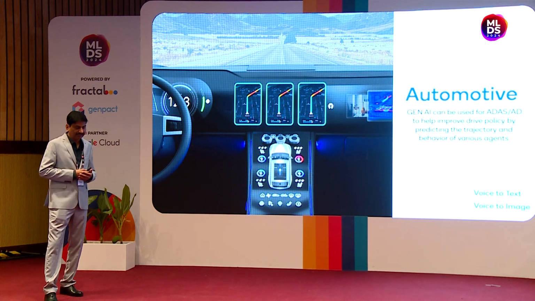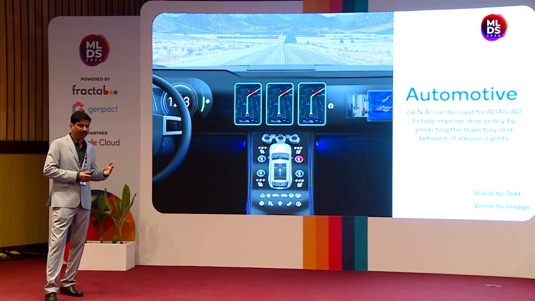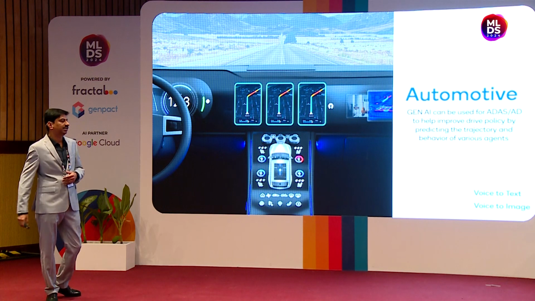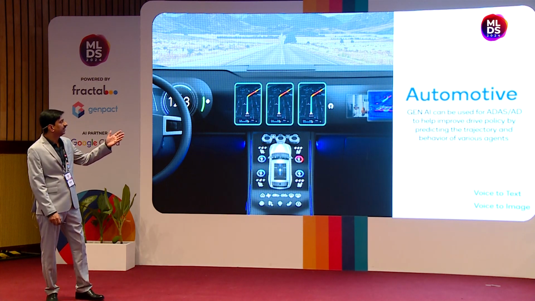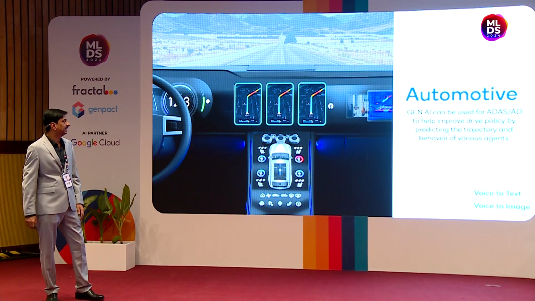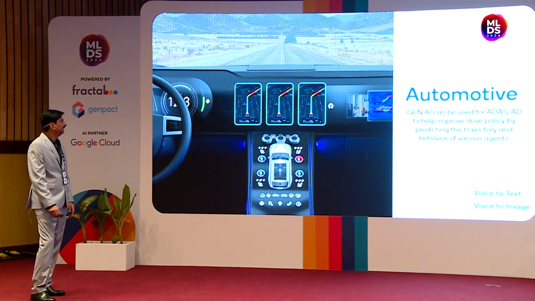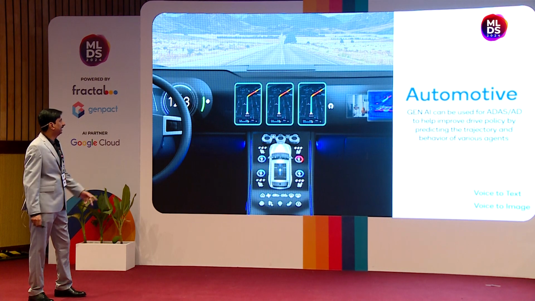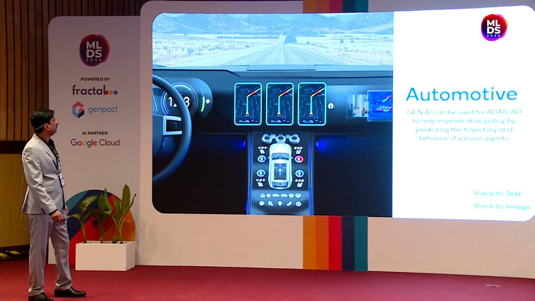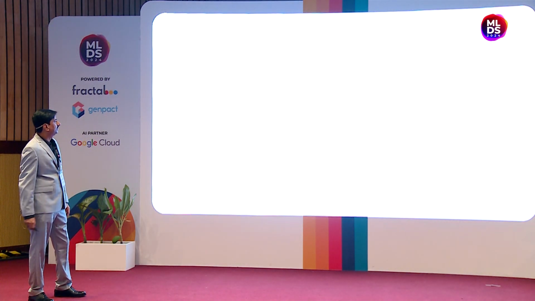In addition to that, for example, you can even say, hey, order my favorite food from the restaurant so that it arrives right in time as I reach home. So now this mobile will know when you start from the office and how much time you take to get home, and accordingly it can place the order. So it makes this a lot more useful and connected. In addition to that, the whole ADAS improvement drive policy can be improved by using GenAI to identify agents by predicting their next move and so on. So now moving on to the next business use case.